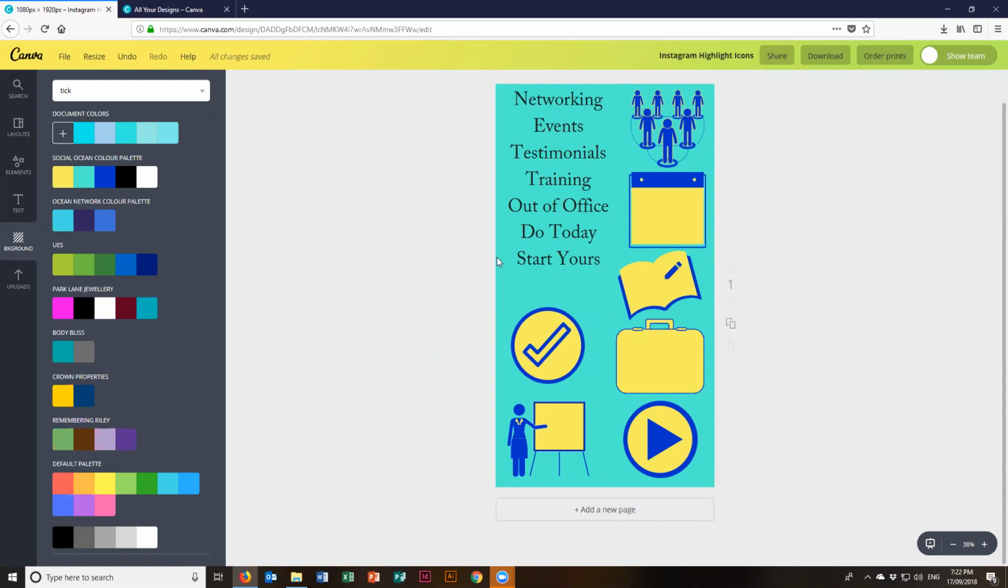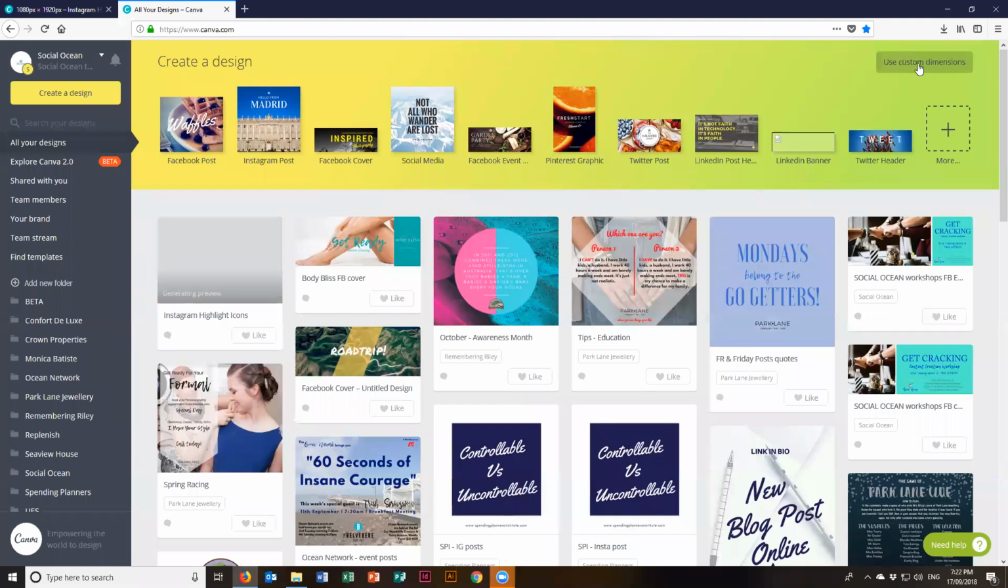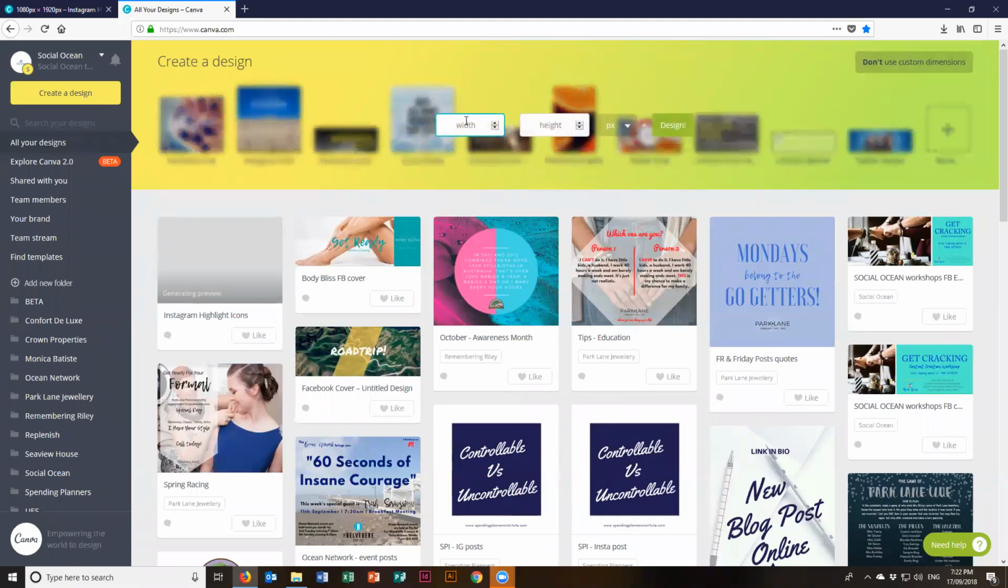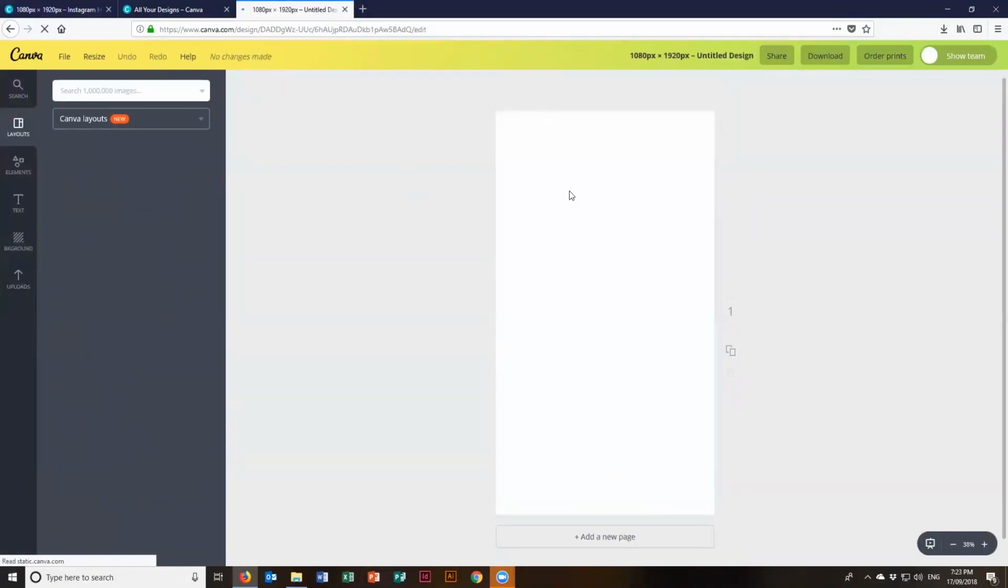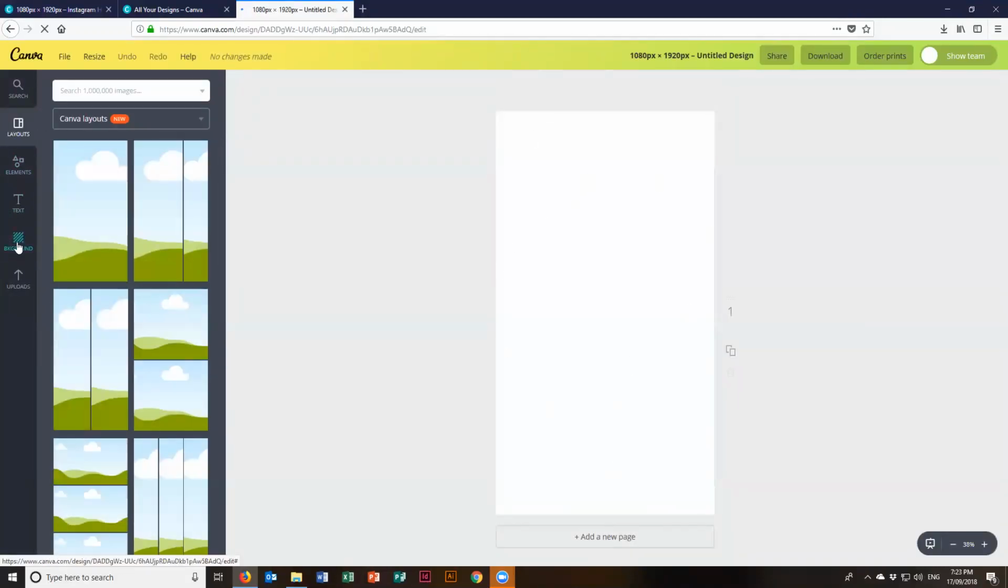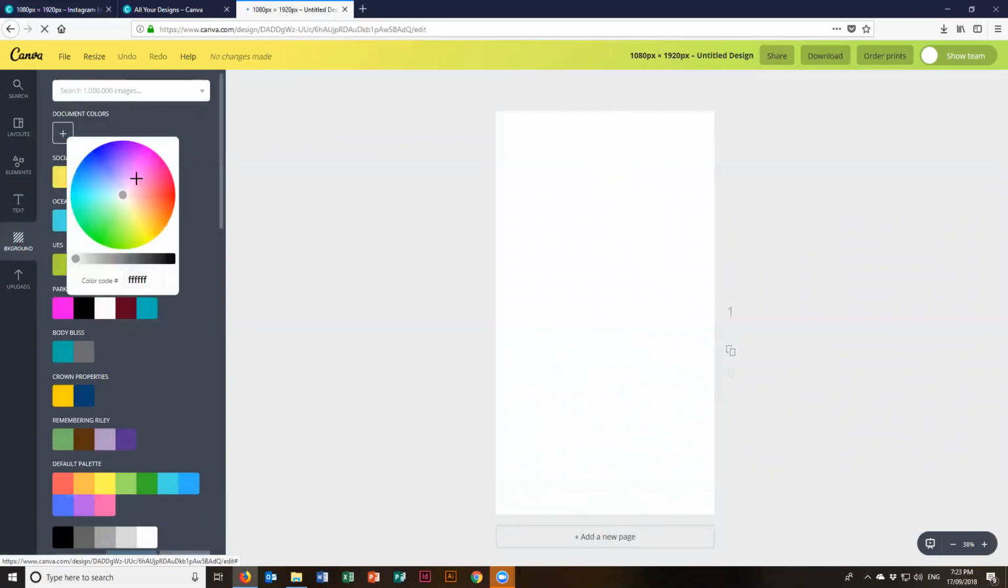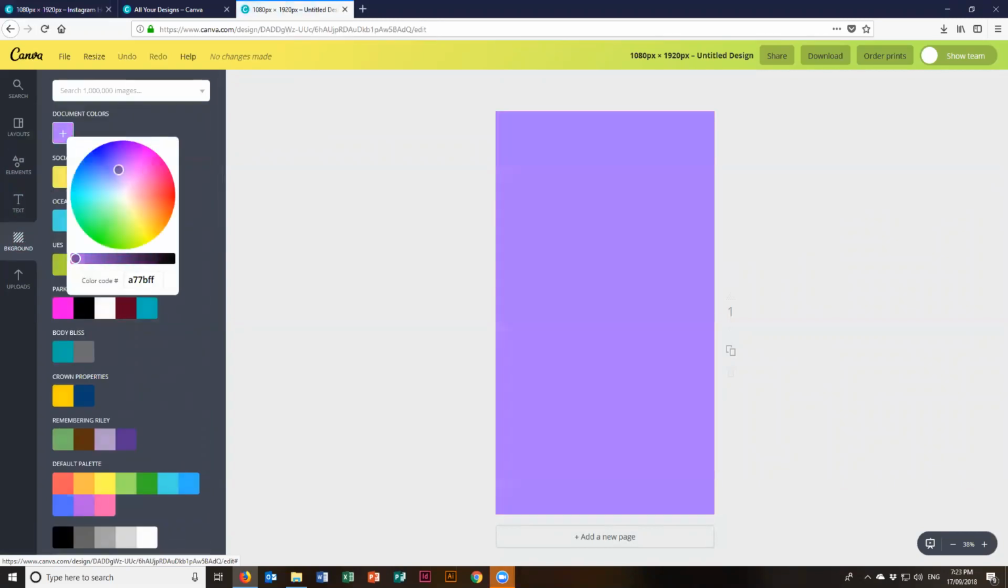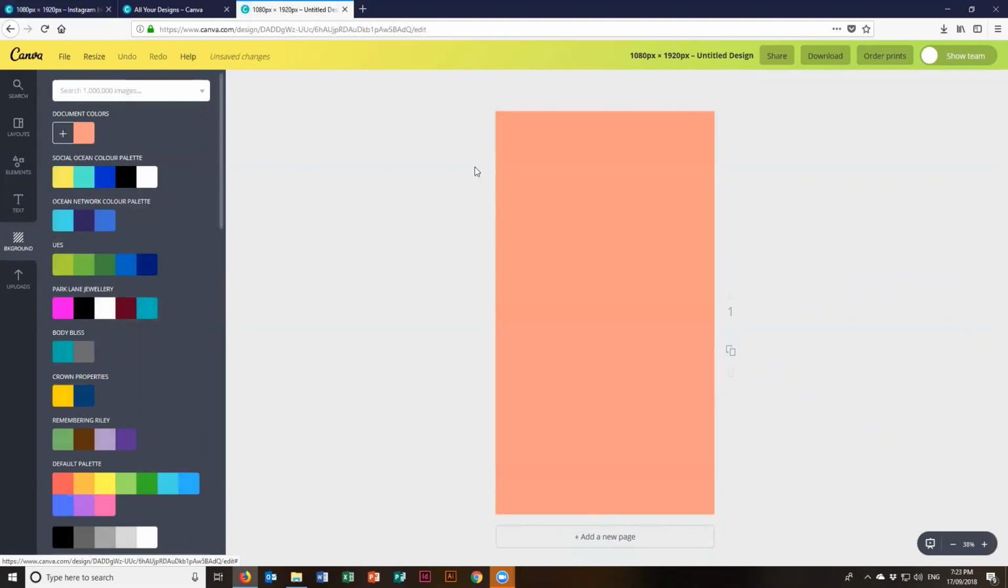And so what I've done is I've started by using custom dimensions and typing in 1080 by 1920 pixels and start a brand new design. What this will do is open a blank page for you, and all you need to do is choose the background color that you'd like. So say you wanted to do maybe, I don't know, peach. That's what you would do, and you would color in the background first of all,